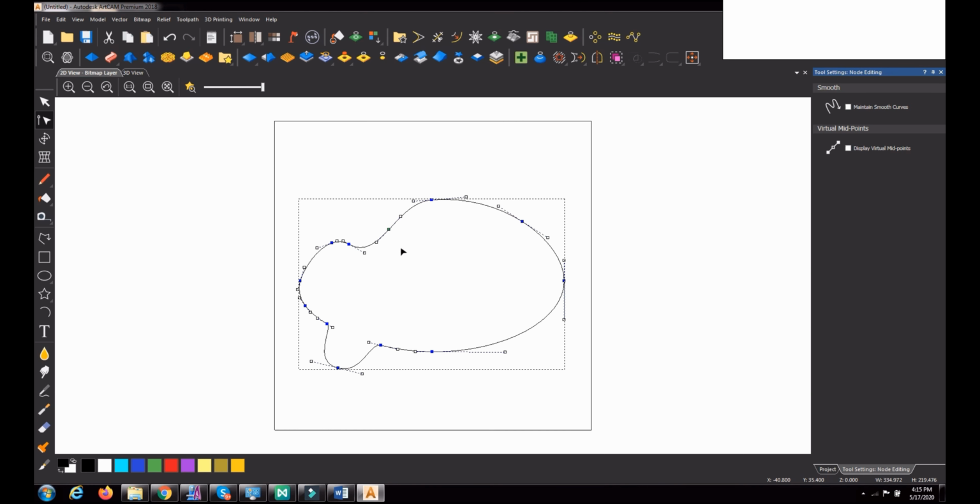This is what we call a continuous polyline. Between two nodes, the curve we can make straight. If you want to make it a straight line, keep the cursor on top of it and press L, and it becomes a line. If you press A, it becomes an arc.